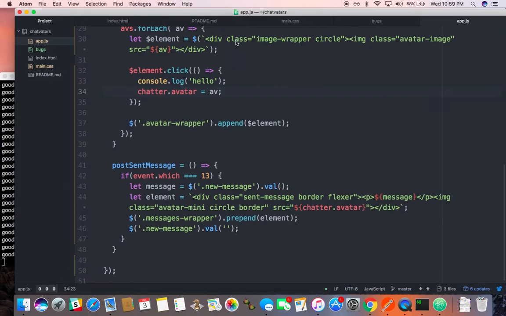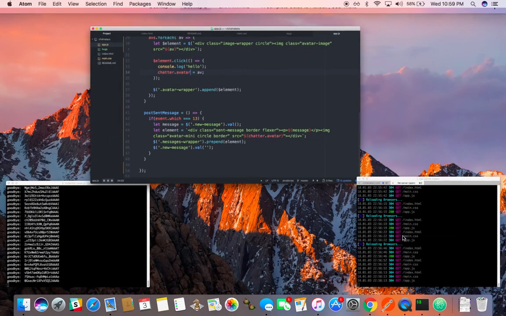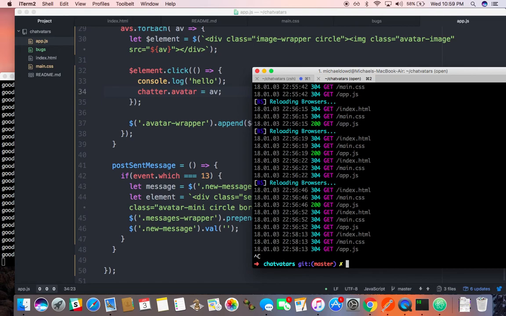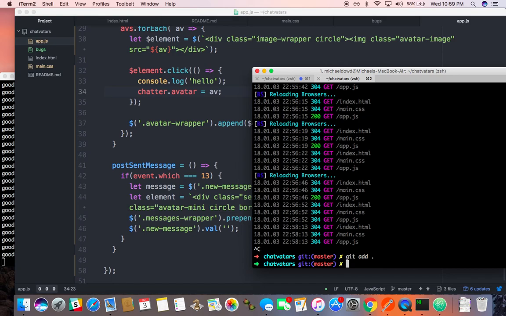Totally wrong. Bad me. Control C. I'm on master. Git add dot. I'm happy though. The good thing is I didn't get to master, because it's just really bad when you get to master and you want to roll back to your last commit on master. It's just hard. It's possible. If you do get even close to right, there's not a way to totally mess up. But being on master is one of the ways where you can make your life a lot harder. Git commit -m